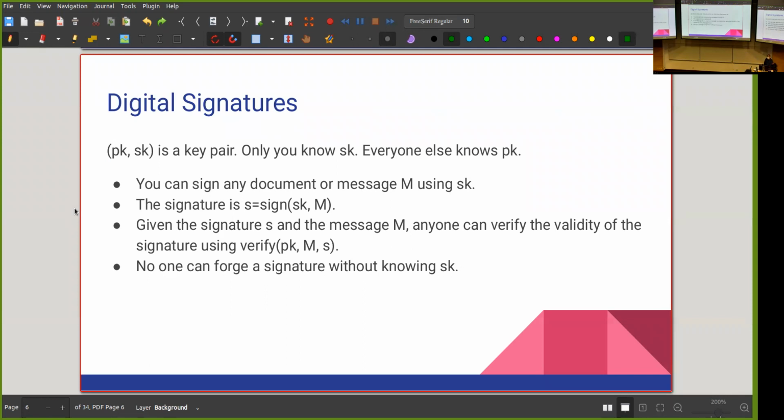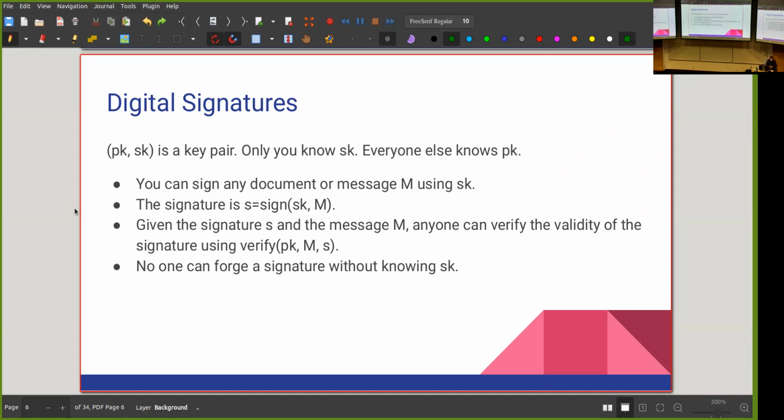There is a public key that everyone knows about. There is a secret key that only I know. In order to sign some message or document, I need to have the secret key. But after I sign it using my secret key, anyone else would be able to verify that signature using the public key. So it's kind of like a digital version of real-world signatures. Anyone else who knows my signature can verify that it's really my signature, but I'm the only one who can actually create that signature. Okay?